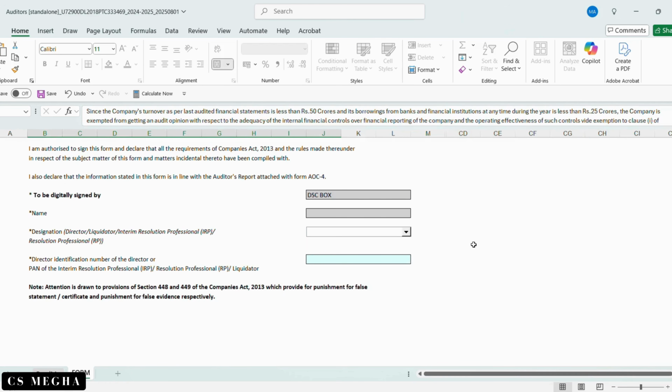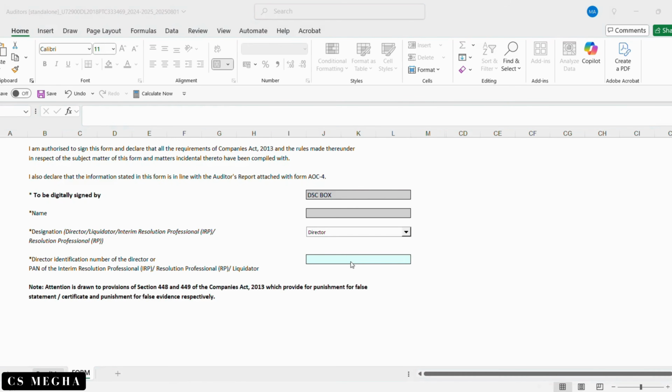Now who will sign this extract of auditor's report, we will mention the DIN details.